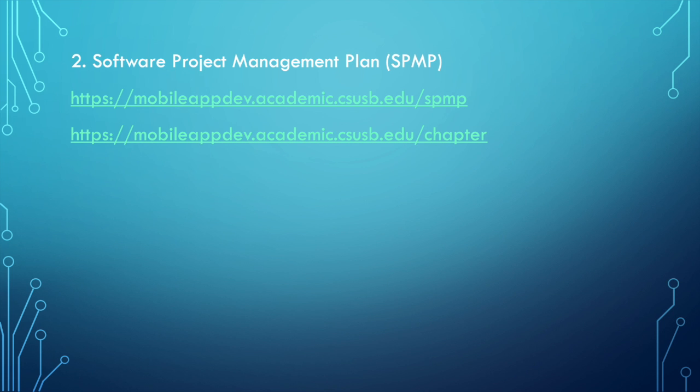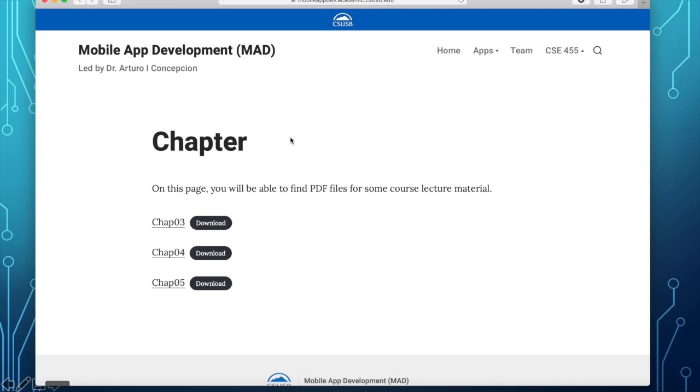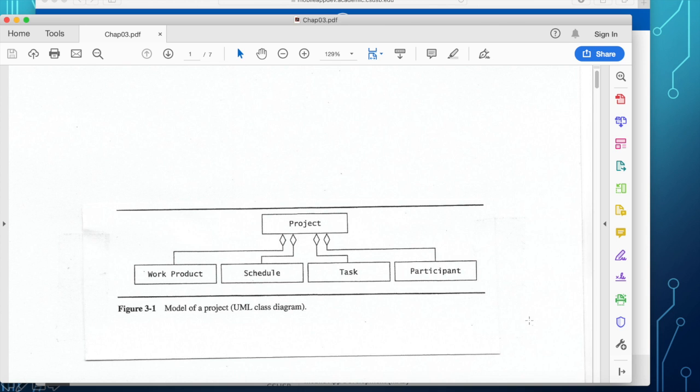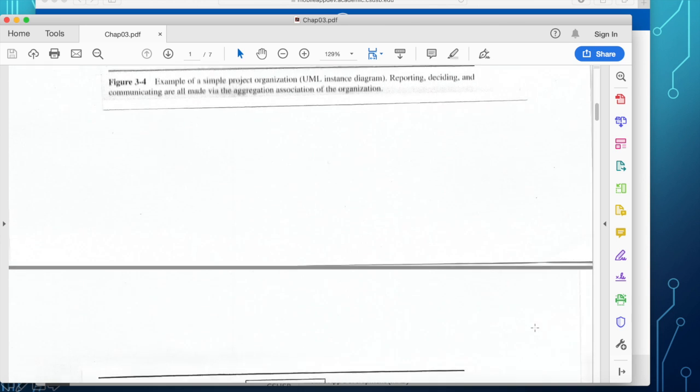My lecture on the software project management plan, let me refer you to chapter 3, where you have a diagram for work units.